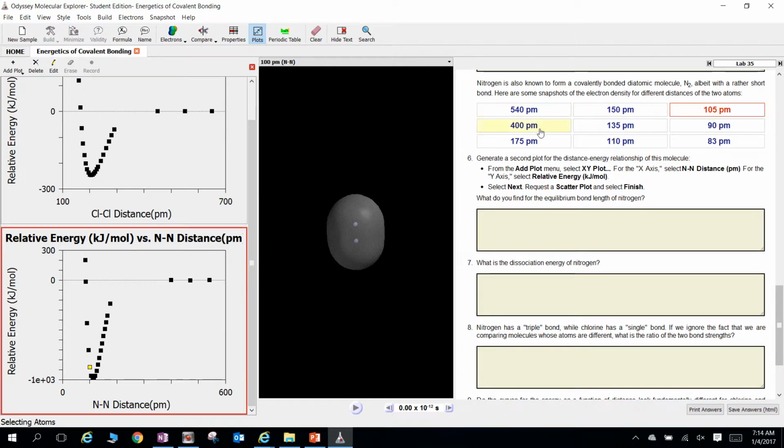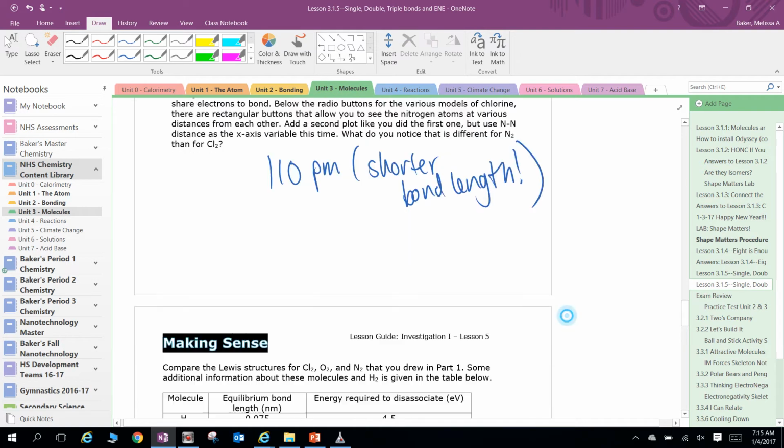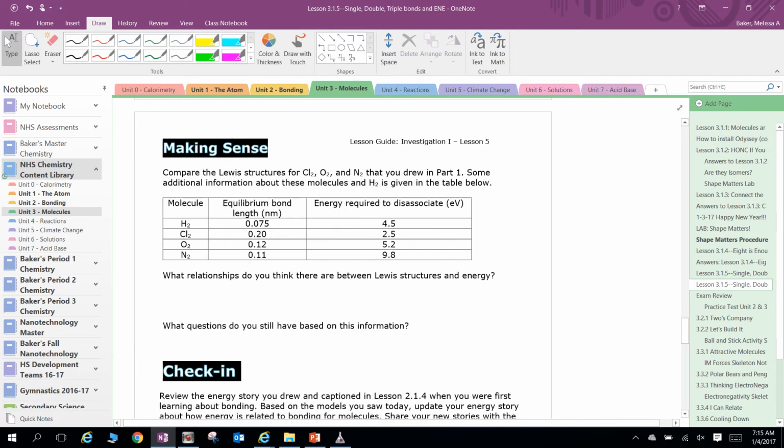So as I click, try and find the lowest possible distance. Is it 110? There we go, 110. So with 110 picometers, I see the yellow dot at the very lowest. So the nitrogen bond distance is shorter, which kind of makes sense because they said it's a triple. So 110 picometers, it's a shorter bond length. All right, hopefully that gives you enough so that you can take it from there and finish the